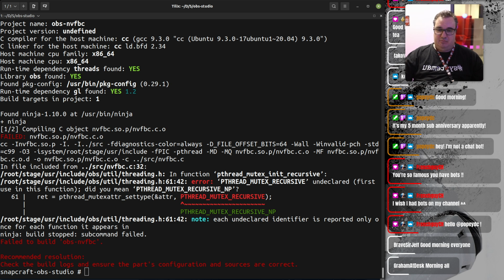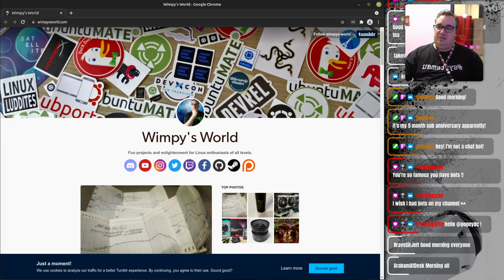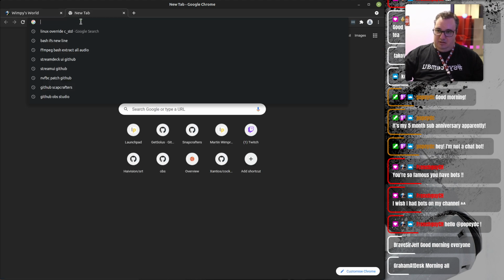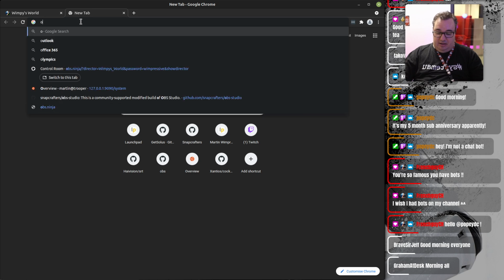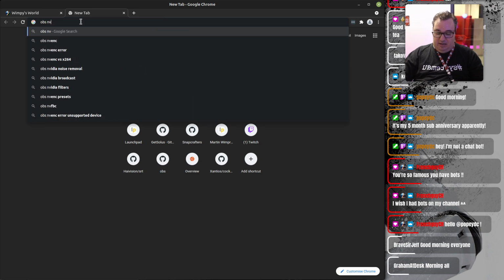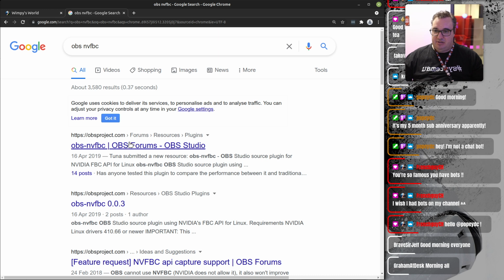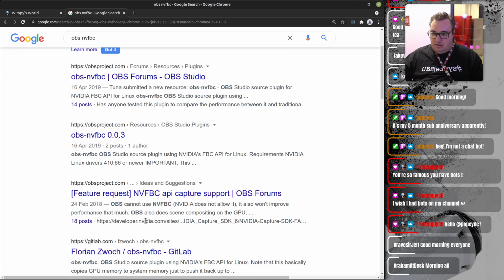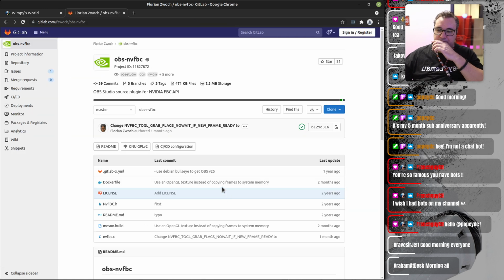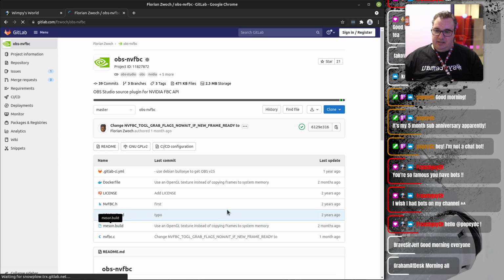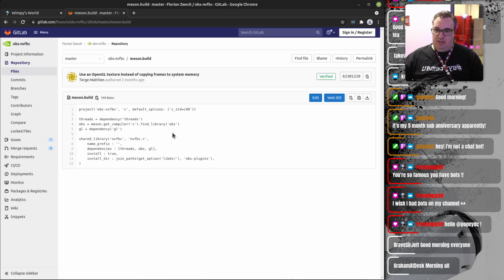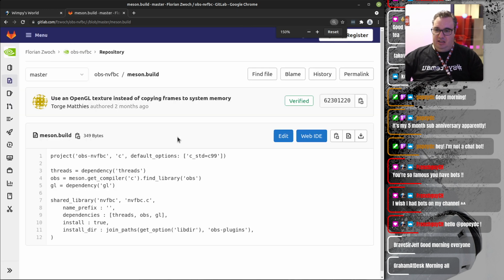And I discovered something, and we're going to take a look at that now, if I can just remember where my browser is. So if we find OBS NvFBC, which is on GitLab somewhere, here we go. This is the project, and this appears to be the issue in the project here, in the